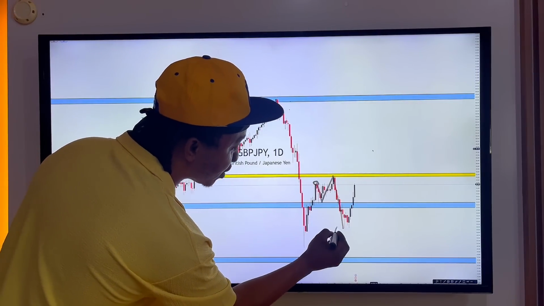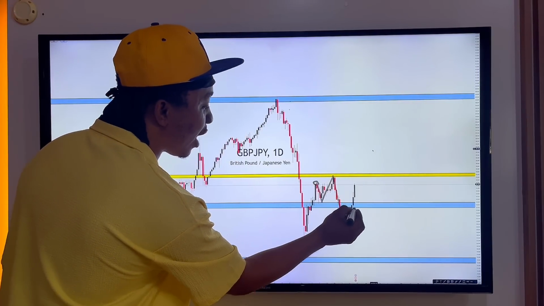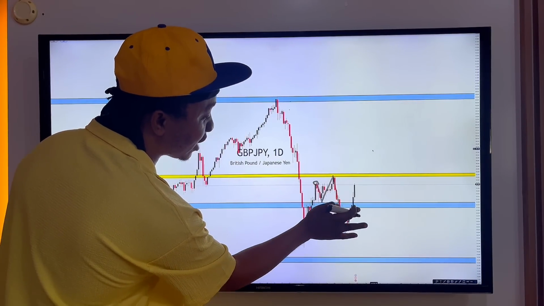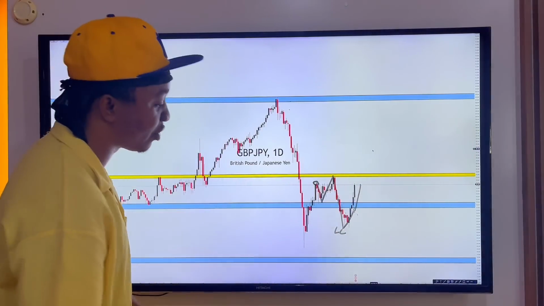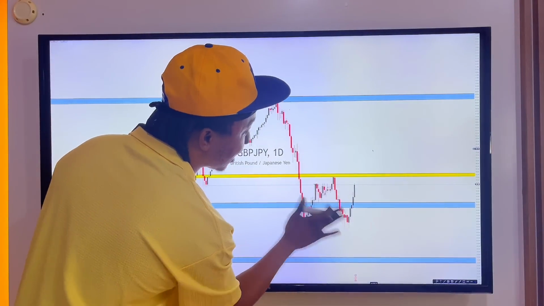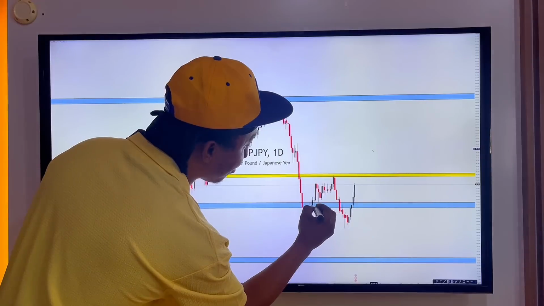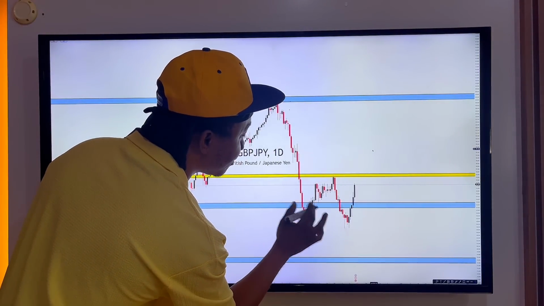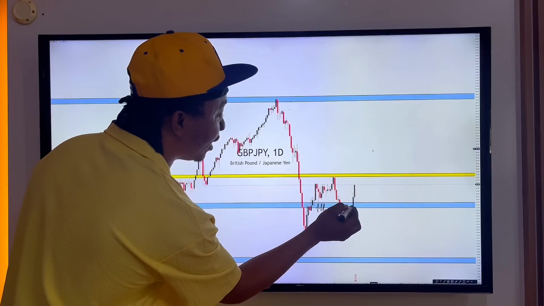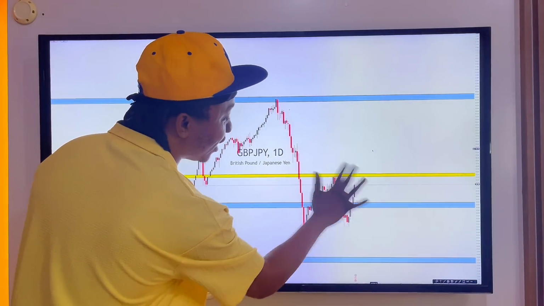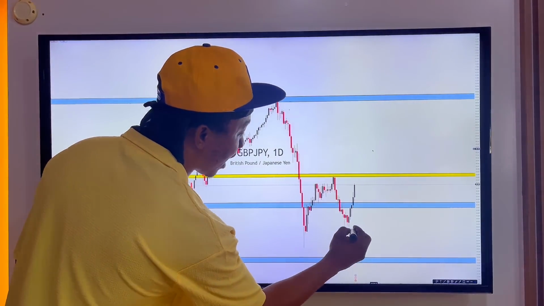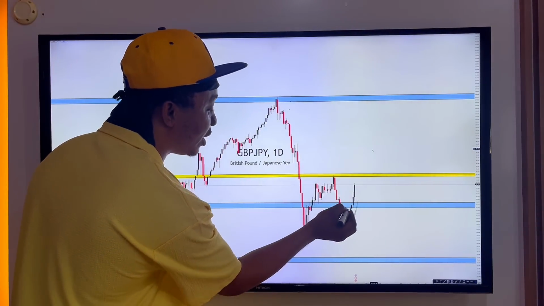It broke below, gave us what? A lower low, another lower high, continuing to the downside again. And what did it do? It has broken above again, putting us in an uptrend. So if you look closely, price has now been able to break above this, what? Higher low again to the upside, maintaining what? This uptrend over here. Now, since this area was a lower low and the price has broken above this level,